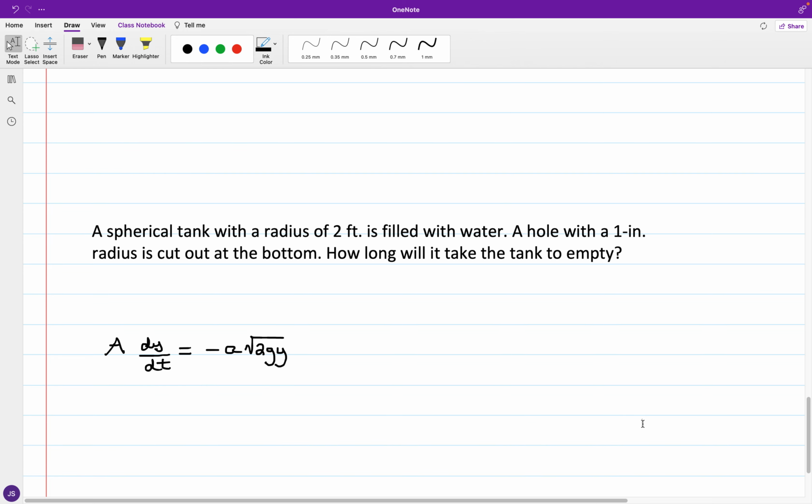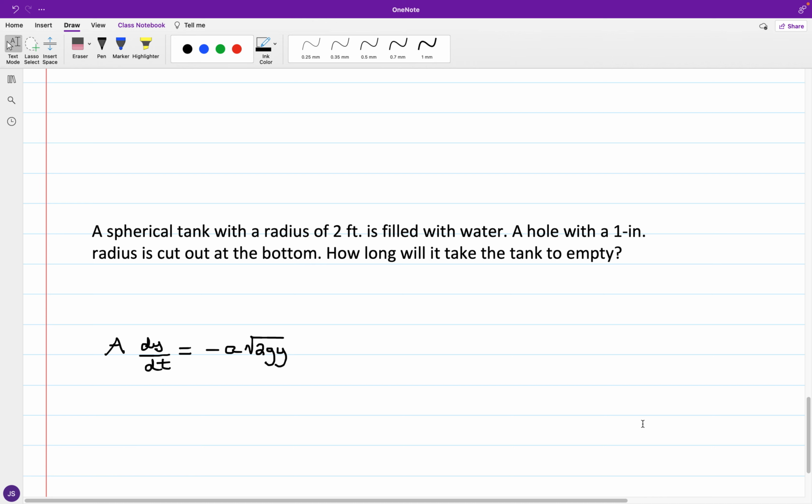Okay, continuing with Torricelli's law. Now we had the first example concern an upright circular cylindrical tank. Now in this example, we are looking at a spherical tank, and this tank is going to be filled with